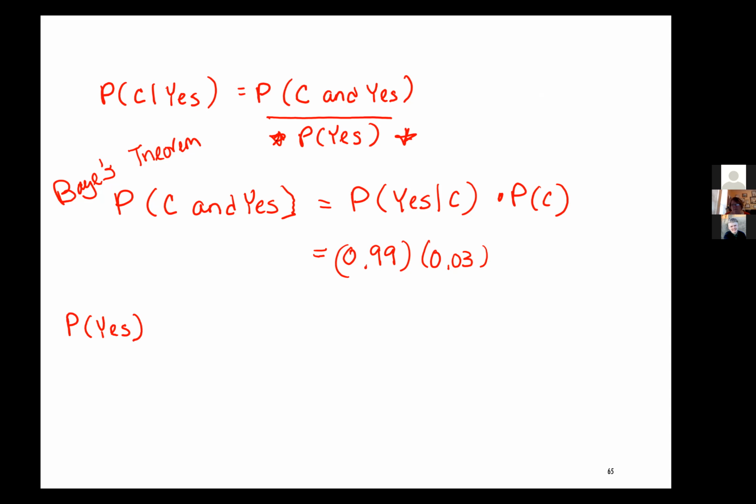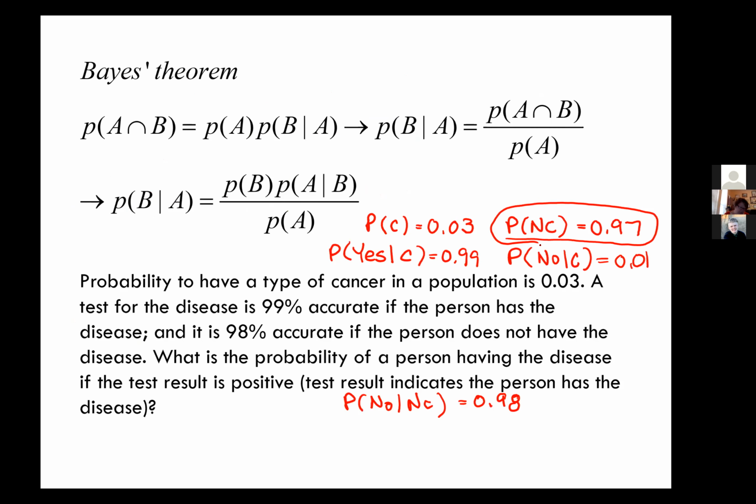The probability of me getting a yes on my cancer test is the sum of the two probabilities. Okay, so the probability I don't have cancer is 0.97. The probability that I'm